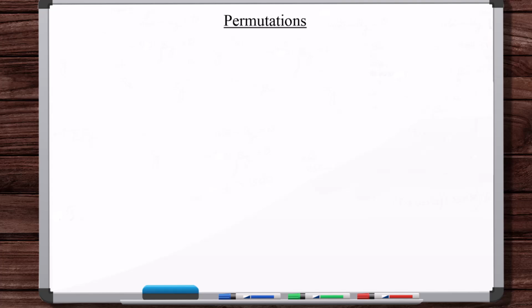Permutations. What exactly is a permutation? Well, the most common way that permutations are described is that you're counting the number of ways in which items can be arranged. And while that is true, and we'll talk about the specifics of why that's the case in a second, I think you're going to find it immensely more helpful for understanding how to count if you